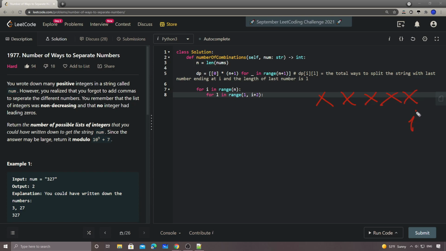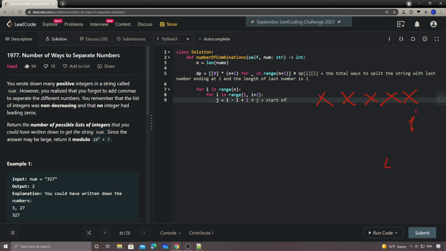So we have this I, we have L, right? And then the next thing is that let's get J. J is going to be I minus L plus 1. So J is equal to the start of the last number. So when J is equal to 3, we have I, and the J is pointing to here, right? I'm simply using this J for future use. Create this J,